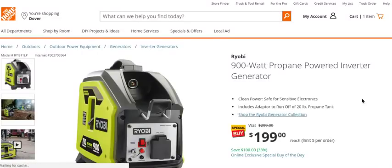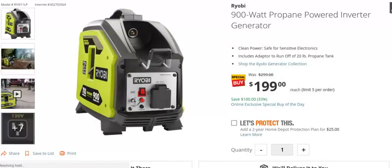But anyway, now this comes with the adapter. If you're not familiar with using propane, whether it's propane heaters, now they got inverter generators. They've had generators out for a while, but I've never seen an inverter generator. Actually, there might be some out, but I think this is kind of new from RYOBI. But anyway, with your 20-pound propane tank that you use on your grill. Now you can get the 1 pounders that campers use, the smaller ones, or 5 pound. But with your 20-pound propane tank, for your barbecue, your Weber grill, you're going